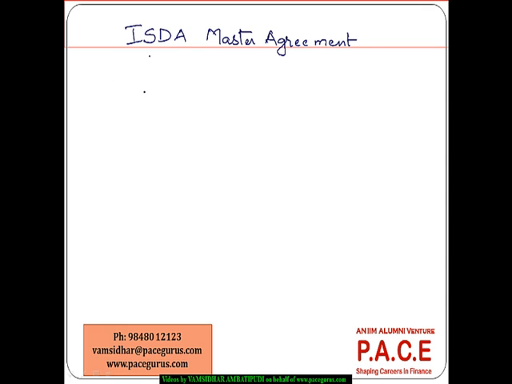Now this is a kind of an organization for OTC derivatives, right? International Swaps and Derivatives Association for OTC derivatives. They have come out with a kind of master agreement framework,